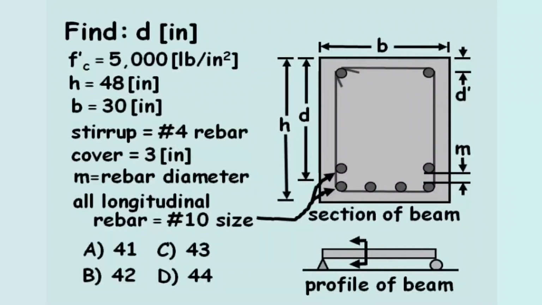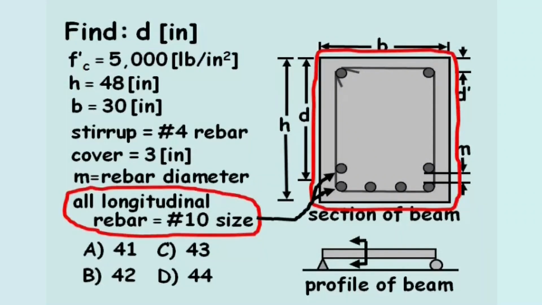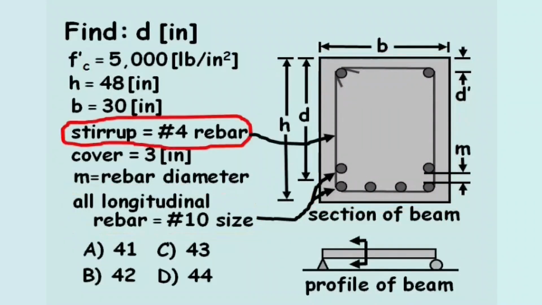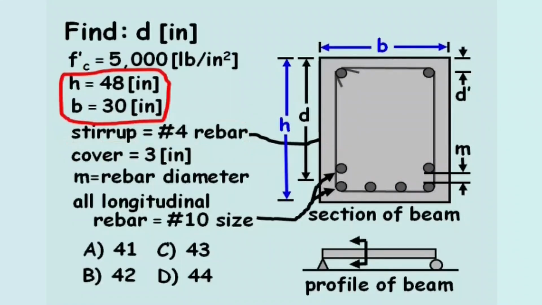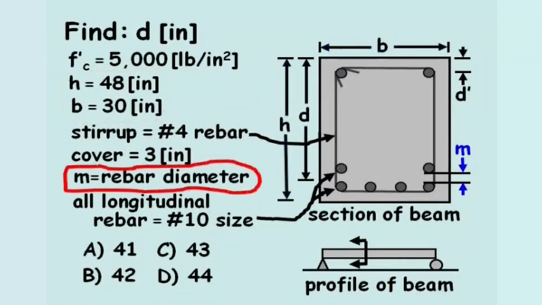Find the depth to steel, D, in inches. In this problem, a concrete beam is doubly reinforced with number 10 sized rebar, which is supported by number 4 sized rebar stirrups. The base and width of the beam are provided, as well as the cover and spacing between